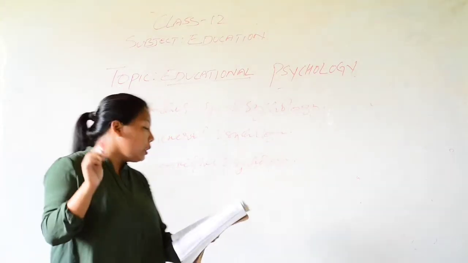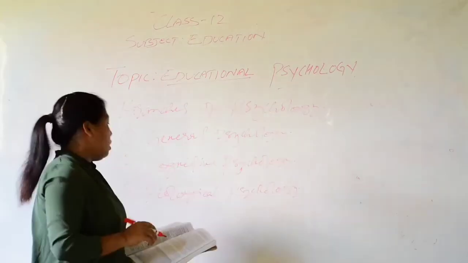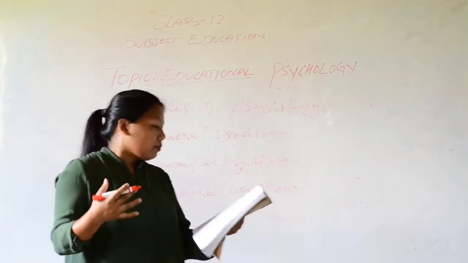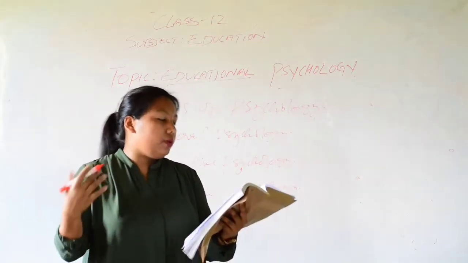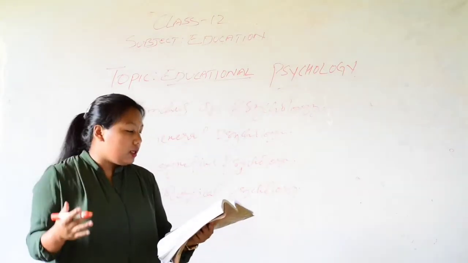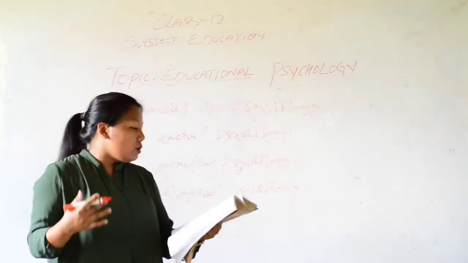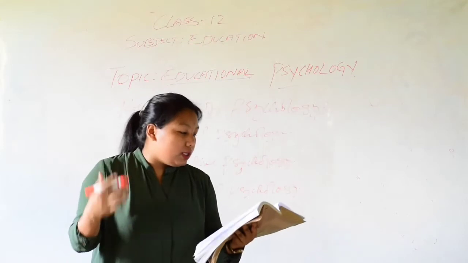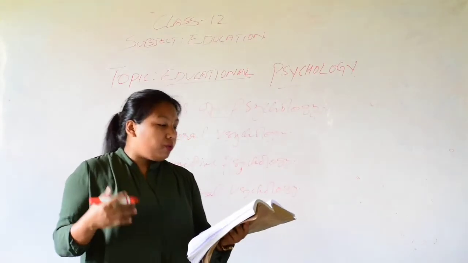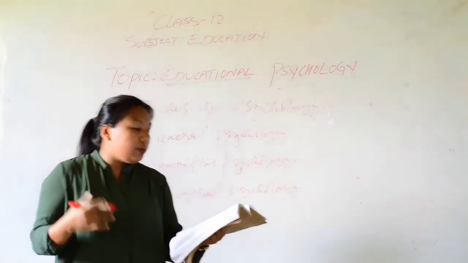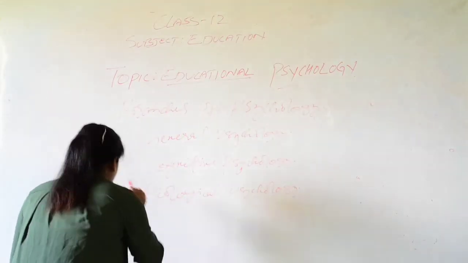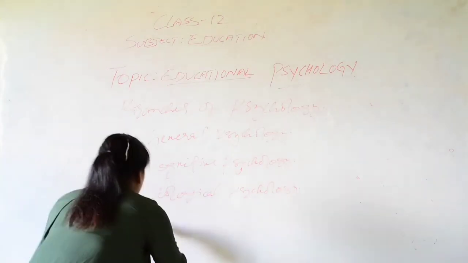Okay, the third one, biological psychology. What is biology or biological? I've already explained, biology refers to the physical or the genes. It focuses on the relationship between human beings and the physical system, including the brain, the rest of the nervous system, the immune system, and the genetics. Which means biological psychology is concerned with how the brain and the rest of the nervous system influence a person's cognitions and behavior.